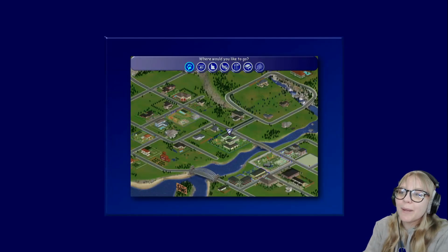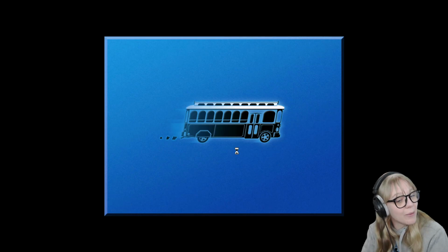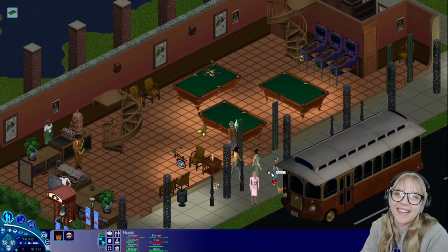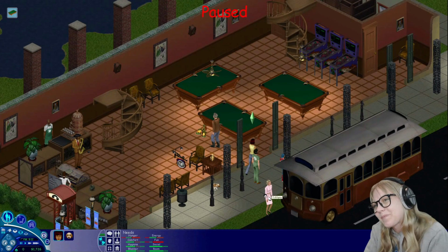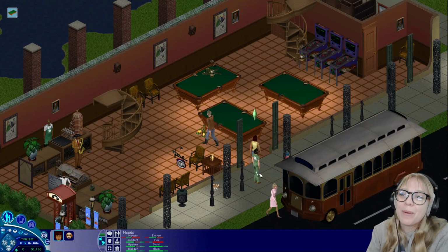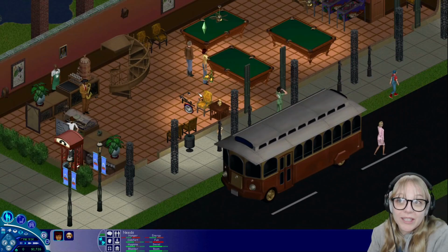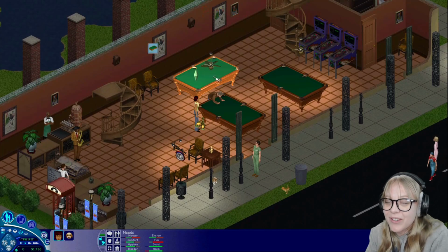But in The Sims 1 especially, it's so hard because your Sims can be fine one second and then pretty much almost dead the next. So it's hard to take care of them properly on community lots. But here we are, and you can see the whole Burb family has come down to spend some time playing pool this evening. So little Johnny, Tiffany, and Brad are all there, and their doggo,